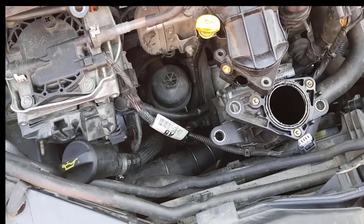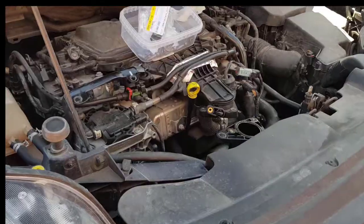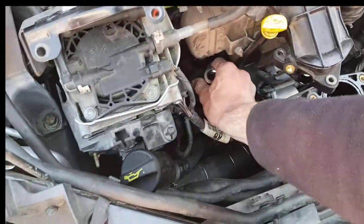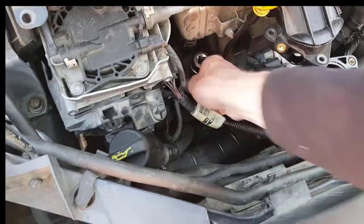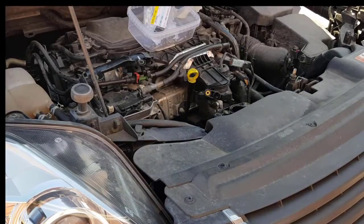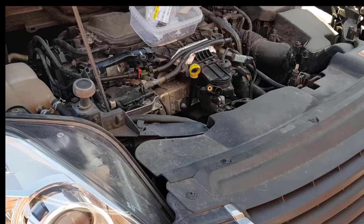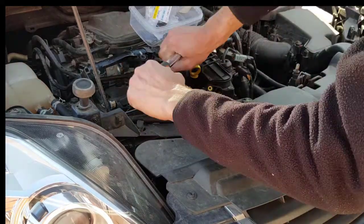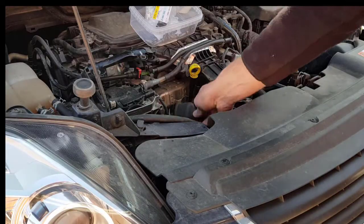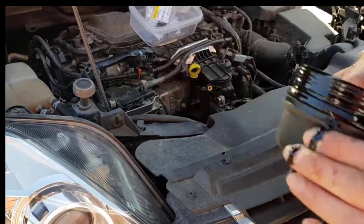Honestly, the French engineer doing this should lose his job for sure. Not really. I will put a nut on that and then turn it. Inside, oh, oil has...